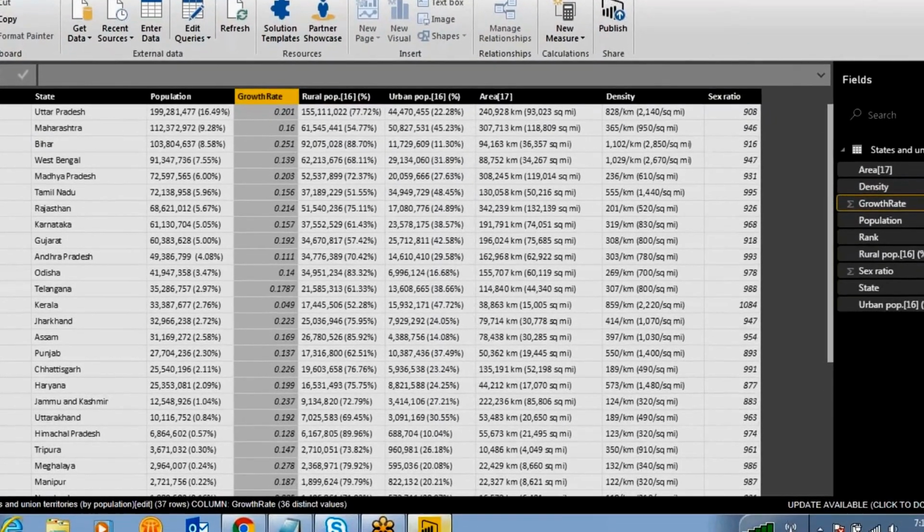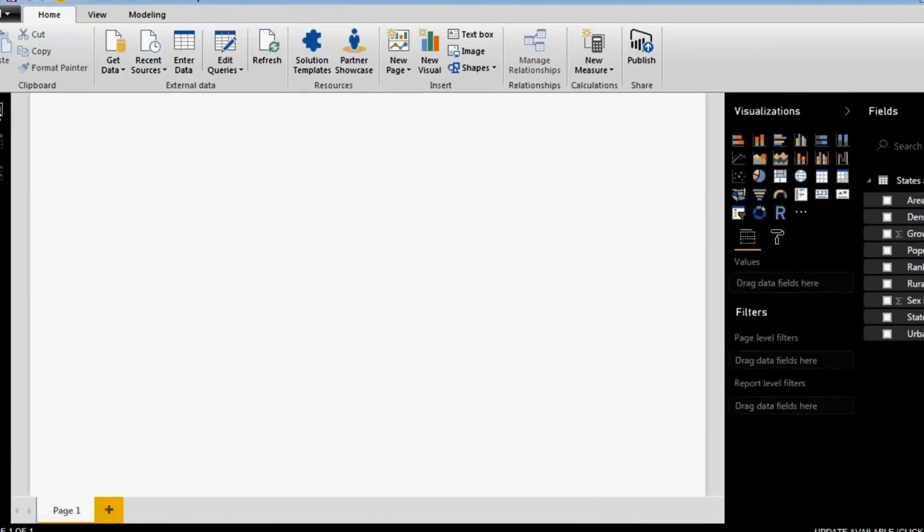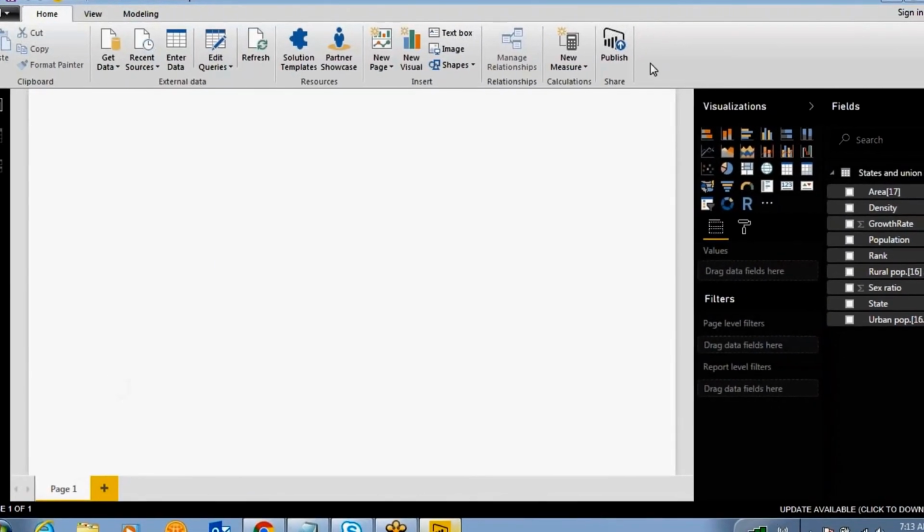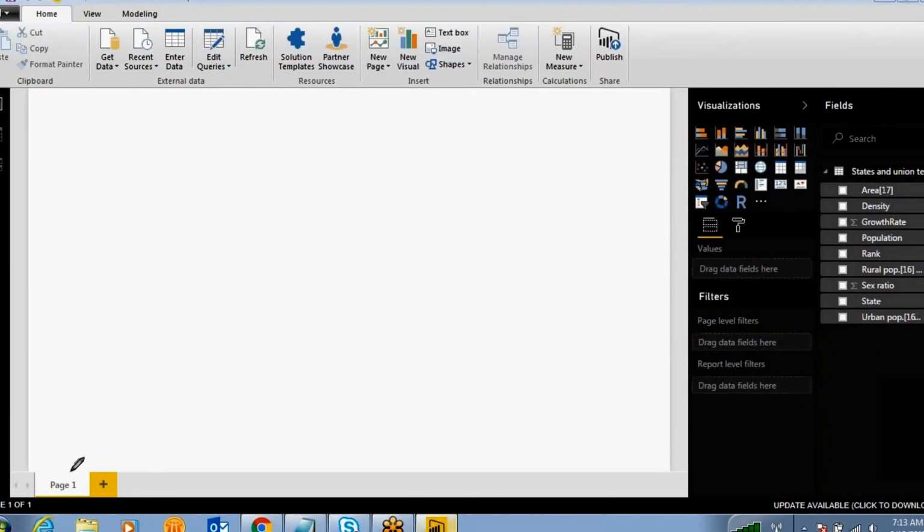So you just come back to your report window, and whatever report you want to design, you give the page name, which is nothing but the report name, because if it is untitled, it's not good practice in reporting. So you have to give the report name. This is Population of Country. So my report name is the population of the country, this page name.